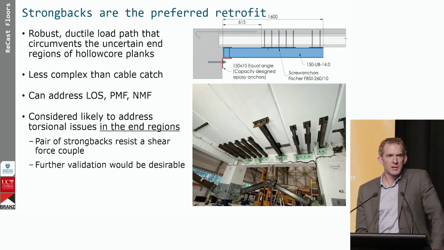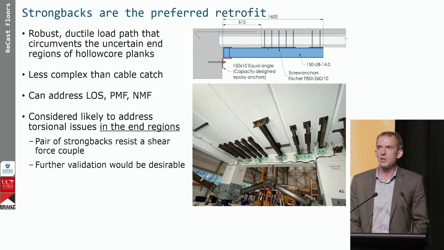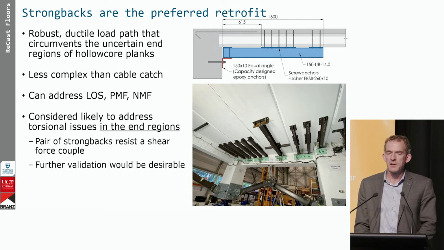So you're replacing a fairly brittle, unpredictable load path at the ends of these units with something that's much more robust and ductile. You're giving a load path that you can actually engineer and take the forces where they need to go. And I think a really key thing as well, Frank talked about the cable catch system causing the floors to drop, and it was quite apparent walking around on that test specimen after the conclusion of testing that